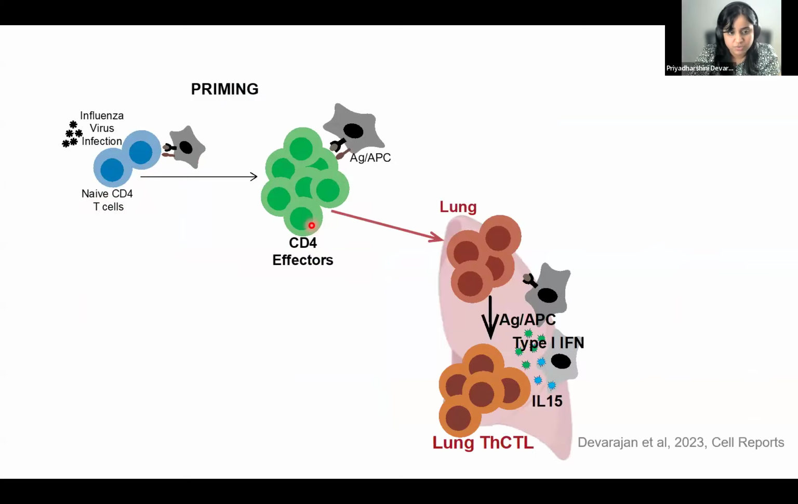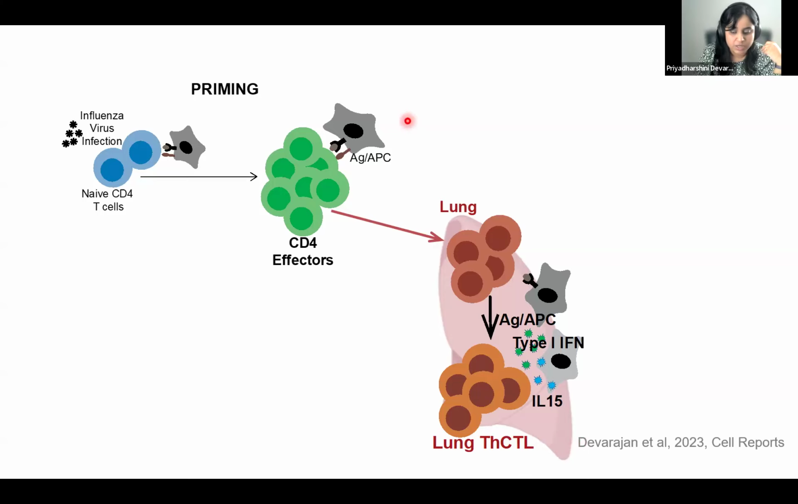However, these effector CD4 T cells need to go to the lung, where they see antigen again in the context of type 1 interferon and IL-15 to become cytotoxic CD4 T cells. And to put this more in the bigger picture, we see that it's not just a requirement for cytotoxic CD4